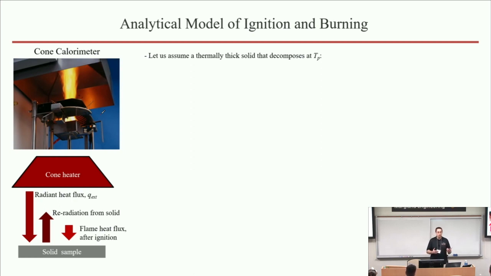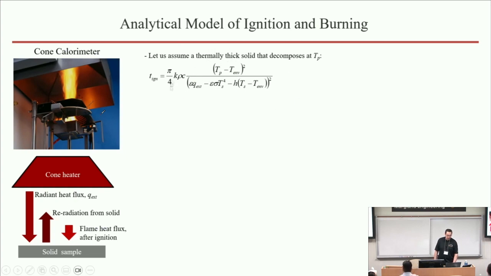And there are a couple of additional assumptions, such as, for example, that this material is thermally thick, which effectively means that whatever happens at the back surface of the material doesn't really matter from the point of view of heating. The back surface never really heats up. Then you can show, through fairly simple analysis, that the time to ignition, how long it takes the material to ignite, can be represented by this expression here. And basically, you have a few material properties like thermal conductivity, density, and heat capacity. You have this temperature of ignition or pyrolysis, which is called here Tp.